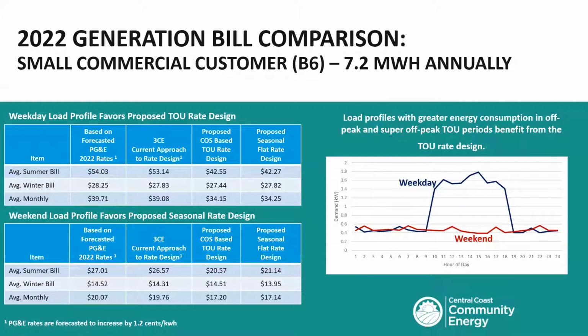And again, it's going to vary by summer and winter, right? You can see the summer bills are slightly higher, winter bills slightly lower. But how you as a customer need to decide between the proposed time of use rate and the proposed seasonal rate is to look at the load you're using, look at your monthly bills, and do a calculation when the rates are available, and do that analysis, or contact 3CE and see if they can provide some information.